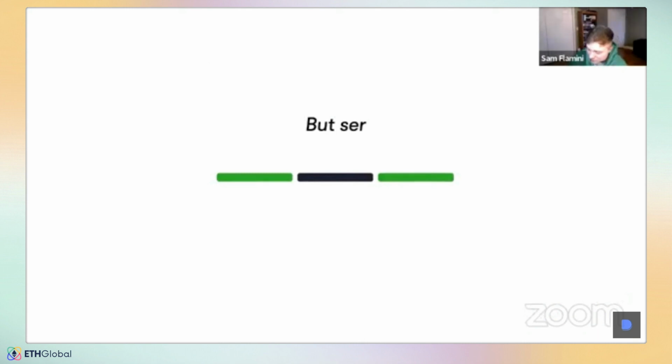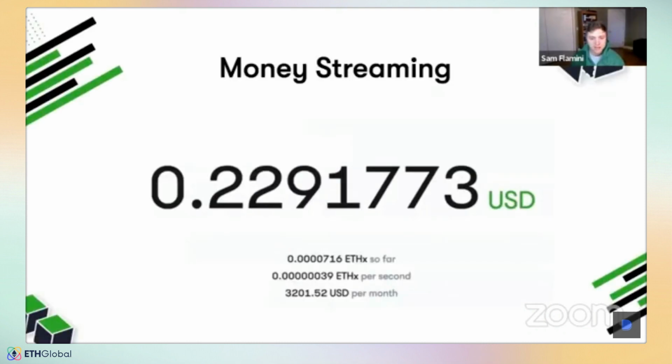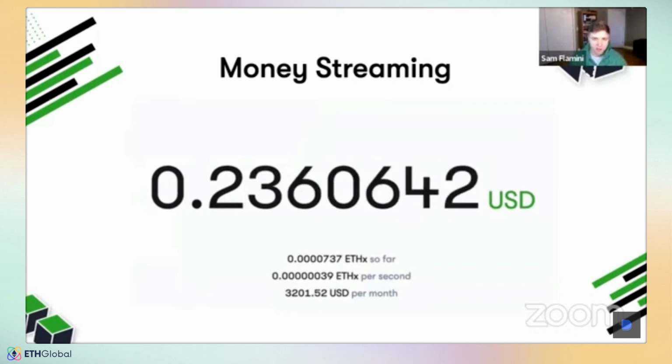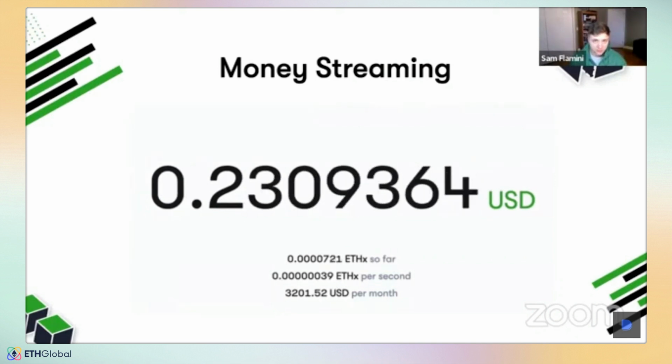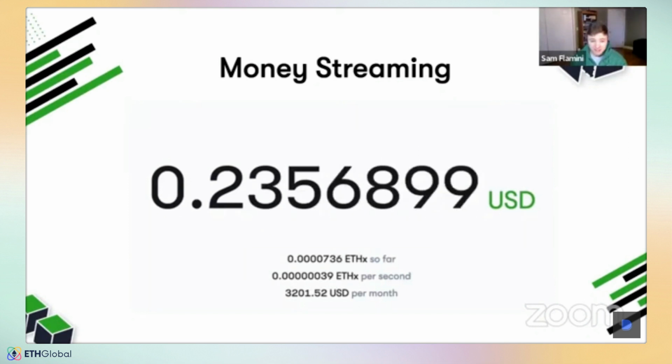Okay, let me address the question here. I can hear you, you're probably sitting there saying, okay, this is cool, I get it, but sir, how are the balances actually being updated? How is this actually even working? When I first heard about this, I was like, listen, my entire mental model about how state is changed on a blockchain is that you send a transaction, and then something happens, and then it's done. This kind of open-ended thing, the first thing I asked was, am I going to have to literally send a transaction every second to make this happen? And if so, the gas is going to be ridiculous. So how on earth are you making this happen?